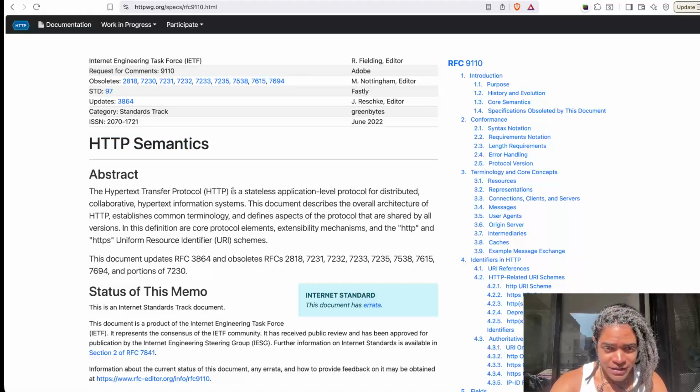And in this case, as you can see here, it is a stateless application-level protocol for distributed collaborative hypertext information systems. There's a lot of jargon here, right? But the thing is that if you want to run this, it will run at the application level. This application is now what you can use in order to